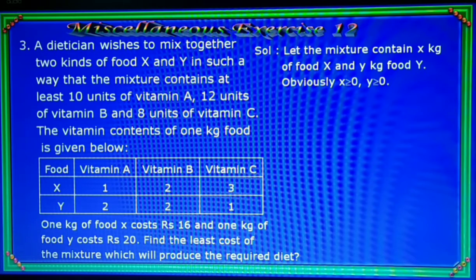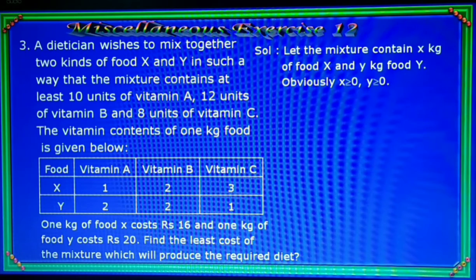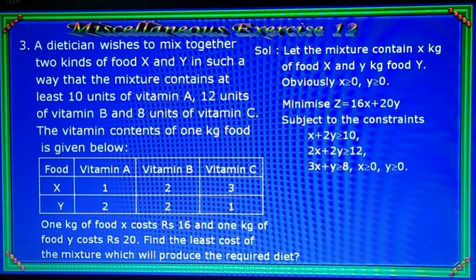Solution. Let the mixture contain x kg of food X and y kg of food Y. Obviously, x is greater than or equal to 0, y is greater than or equal to 0. Mathematical formulation of the given data is minimize, means we should minimize cost. Minimize z is equal to 16x plus 20y subject to the constraints